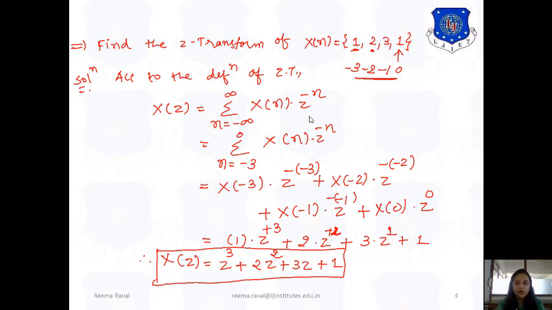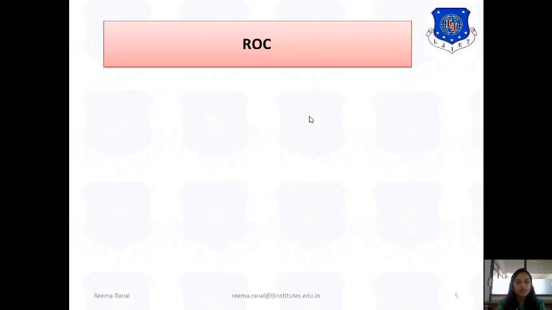Okay. Now the next important term in Z transform is ROC. Now what is ROC? ROC is defined as the set of values for which the Z transform has finite values. That means whenever you are asked to find the ROC of a particular data sequence, or discrete time sequence, we will do it in two steps. We will check the values Z equals 0 and Z equals infinity. Whenever it goes to an infinite value, the ROC does not converge, right? So we will define the Z plane, and according to that we will find the ROC.